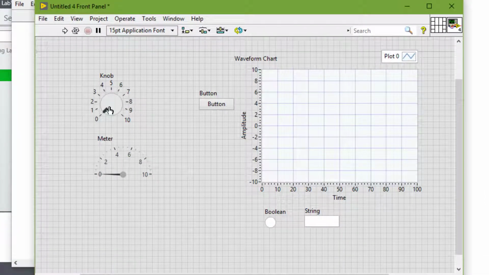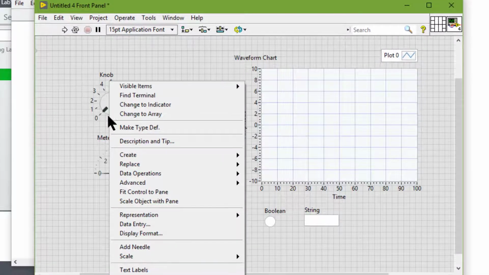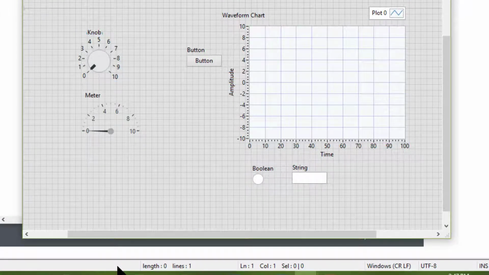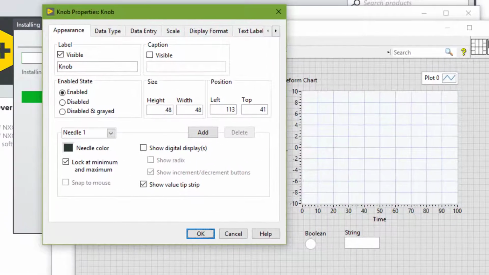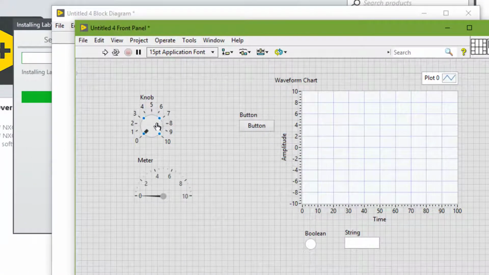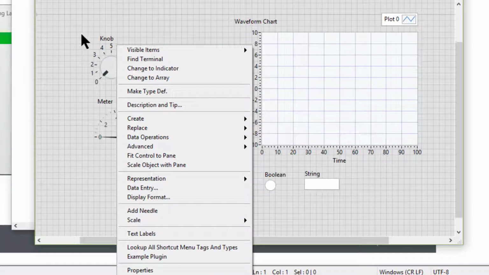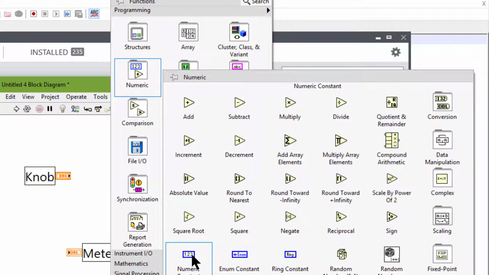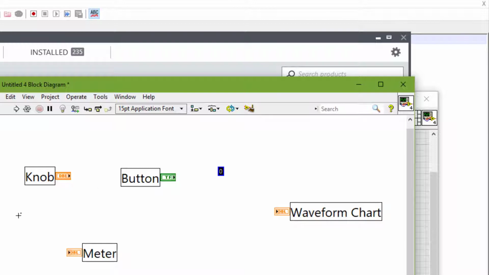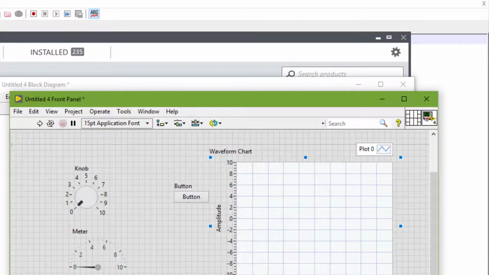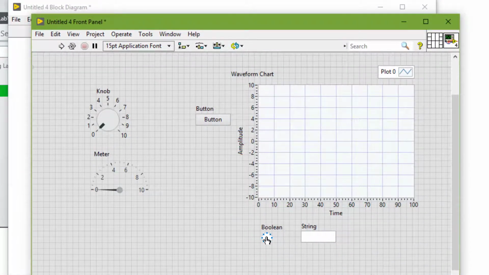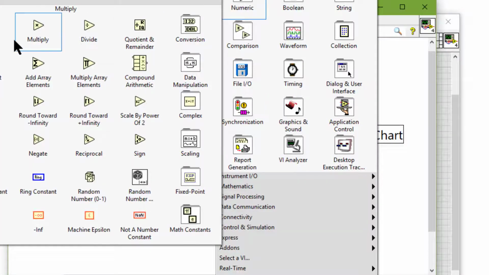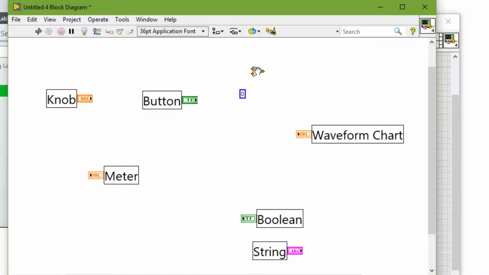So use the properties dialog boxes or shortcut menus to configure how controls, constants, and indicators and numeric functions behave. We can use the properties dialog boxes